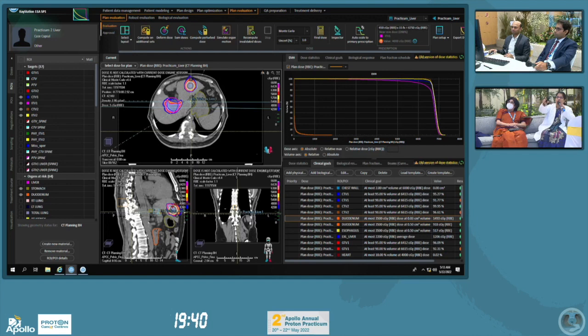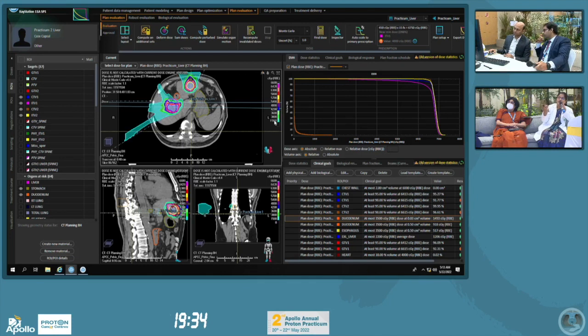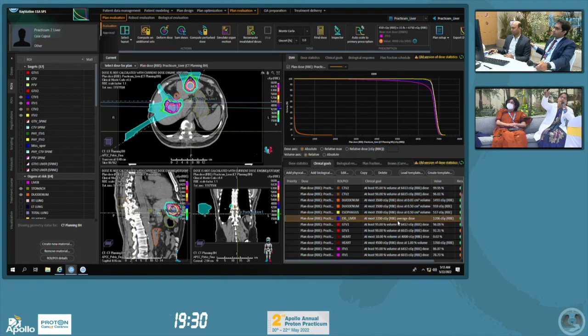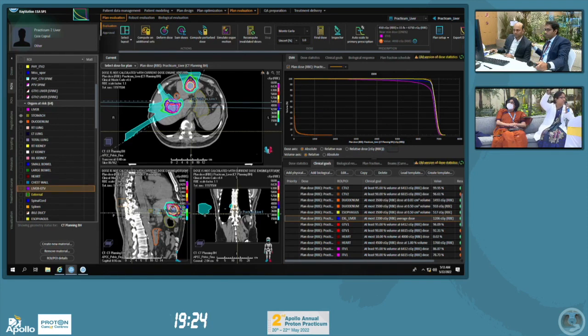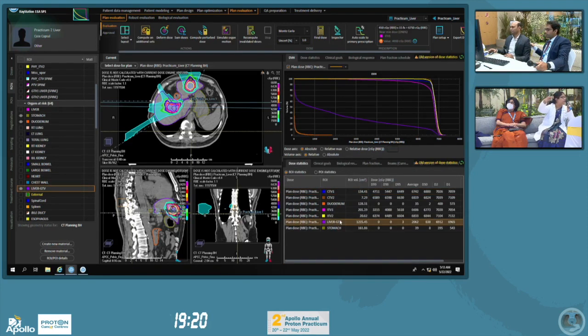And the beauty of this plan is that the liver contribution from the spine plan, the doses to the liver from the spine plan are negligible. Similarly, the doses to the spine plan from the liver plan are also negligible. So it's essentially like treating both of them, but from two different directions with basically no overlap between the plans or very minimal overlap between the plans. At the same time, we can manage to achieve the liver minus GTV to a dose of 20.6 gray mean